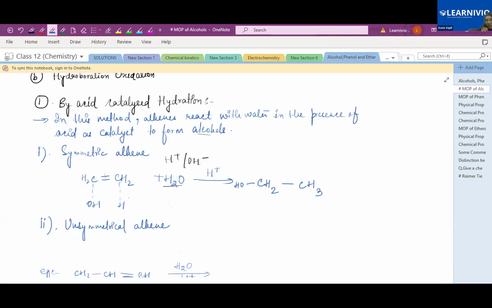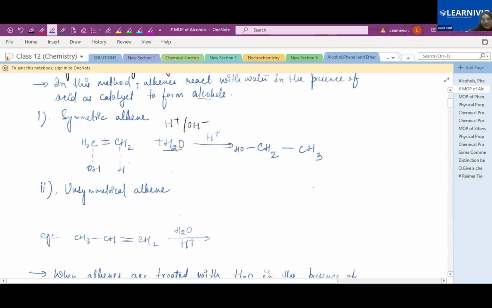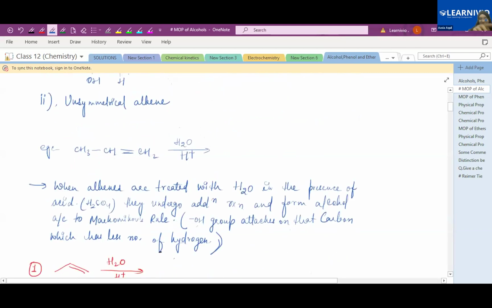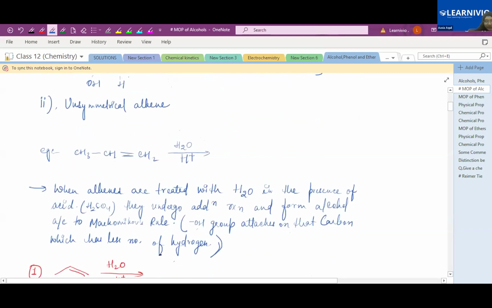So from a symmetrical alkene, how can you achieve the alcohol? By acid catalyzed hydration, your alkene, ethene, can be converted into ethanol in this case. So the reaction is very simple. But what if the reactant is an unsymmetrical type of alkene? If it is an unsymmetrical type of alkene, just like that,